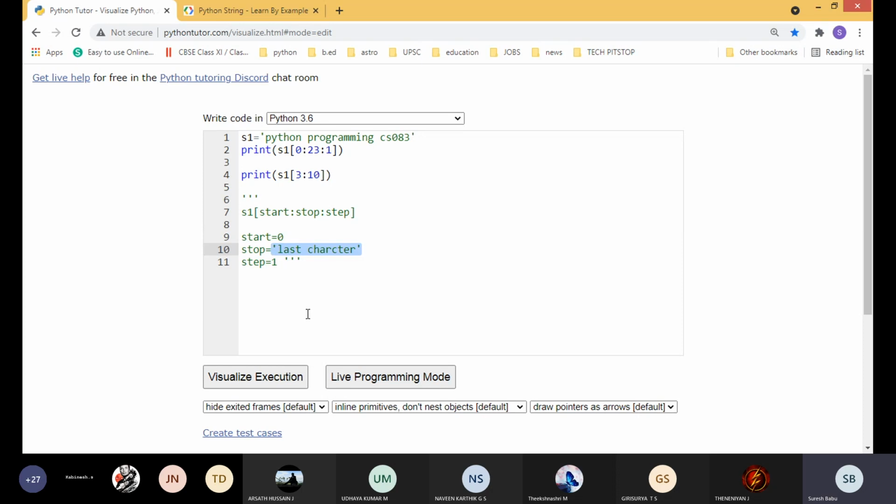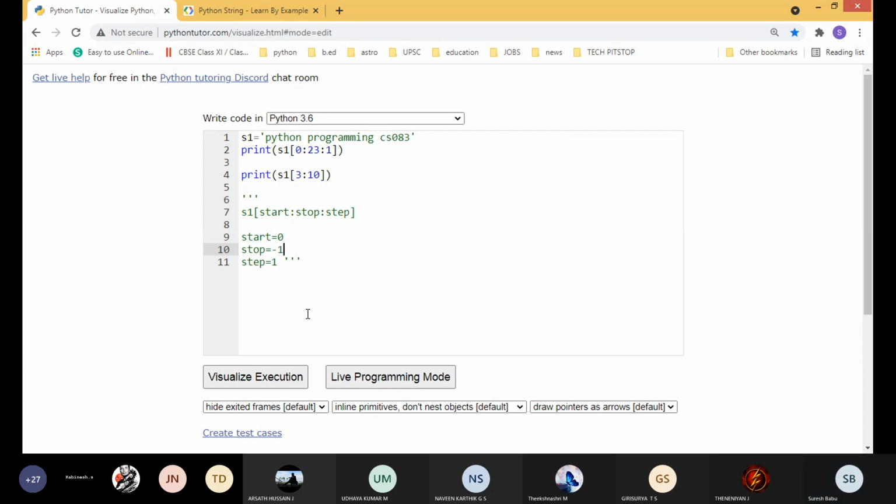And if you want to exactly count the end value, for every program, how to get the last character? Students, kindly understand and think and tell me. Every program, what is the last character's index value? We have two indexing methods. Kindly remember, what is the last character's index? Yes, very good. -1 is the index of the last character for every string. Okay, so this is the default value.